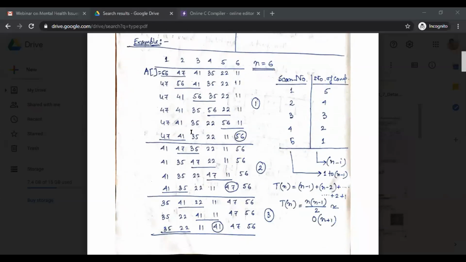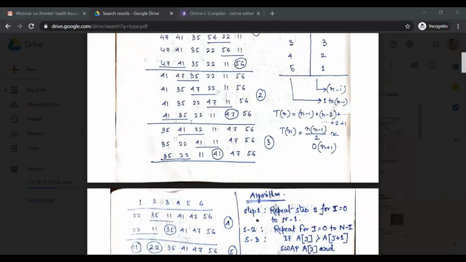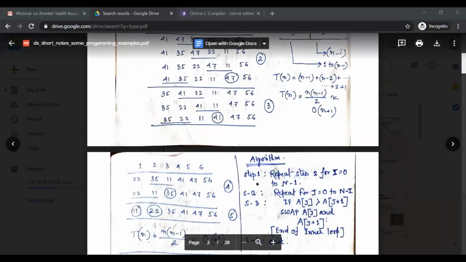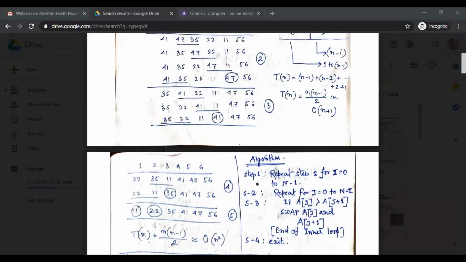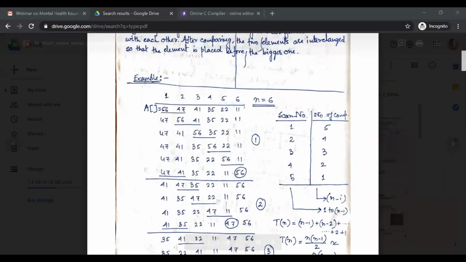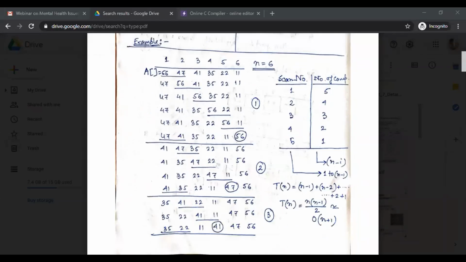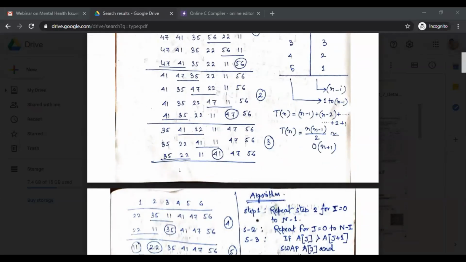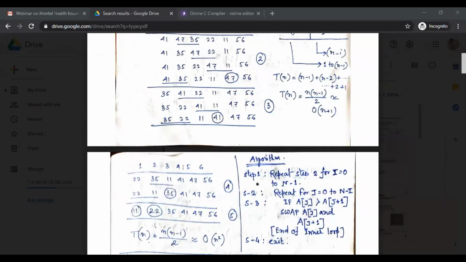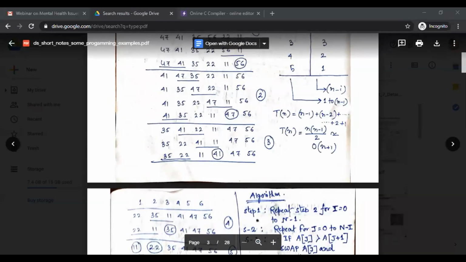If I take random values, it will also sort in ascending order. So I am just telling you the algorithm. The same algorithm I will apply in the program, and check if I take random values, whether it shows the ascending order or not. Because this example is in descending order, but I will take some random values which do not maintain any order and check the output. So this is a simple algorithm.